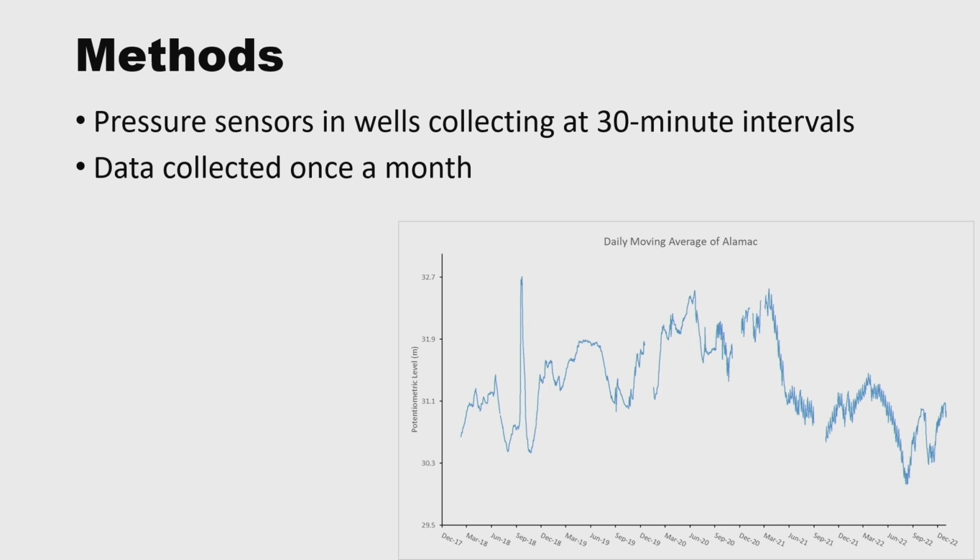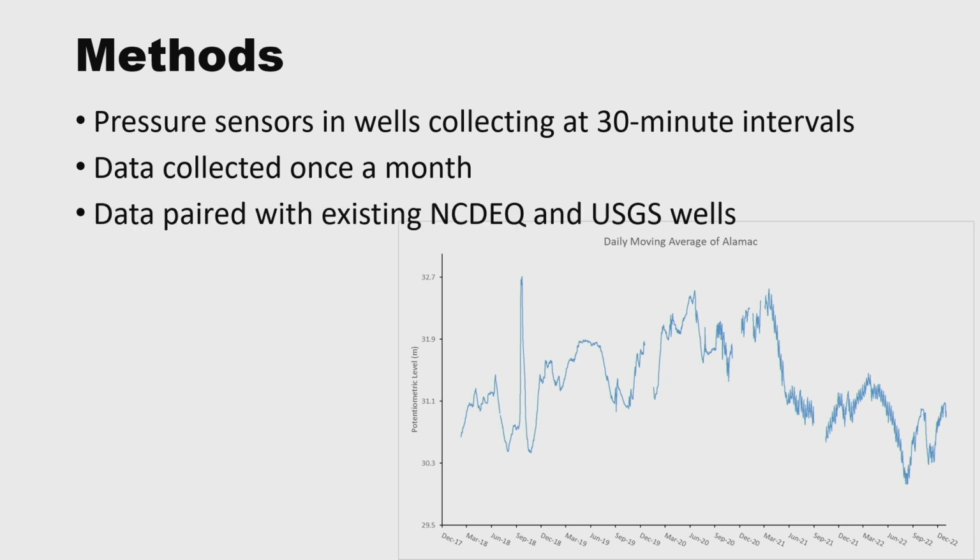As we look at the data, and this is just one of our wells, this is Alamac, we're also seeing various things that are coming through in the data, and that's why we wanted to be able to look at wells besides our own. A couple of wells that we drilled are very close to existing DEQ wells, so we can have these comparison points. And we also drilled a couple right next to each other as well, so we can have comparison points between those to make sure that our well sensors are giving us data that is usable and reliable, hopefully. And like I said, the data that we're going to be looking at today is largely going to be focused